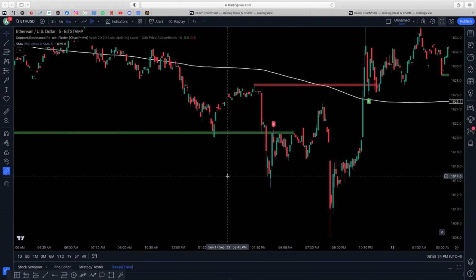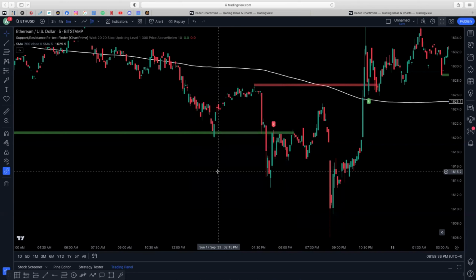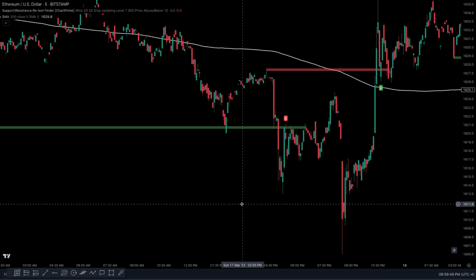We have a 200 smooth moving average running on this chart right now. So you guys know the basis of this thing, and this is a very, very smart and easy way to trade, right? First off, you want to make sure that price is below this moving average before taking a sell, and price should be above the moving average before you're taking a buy